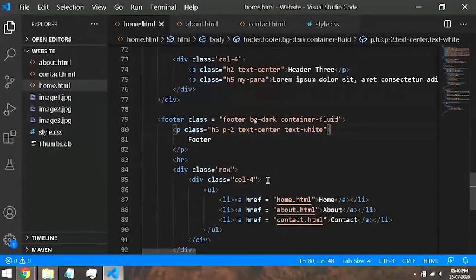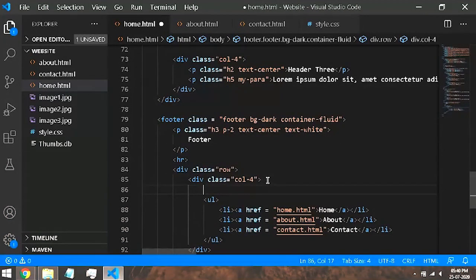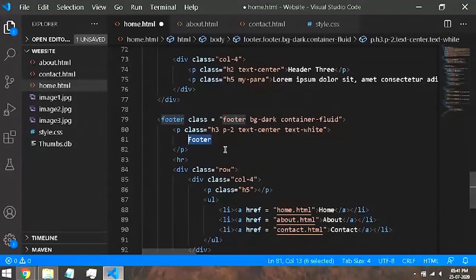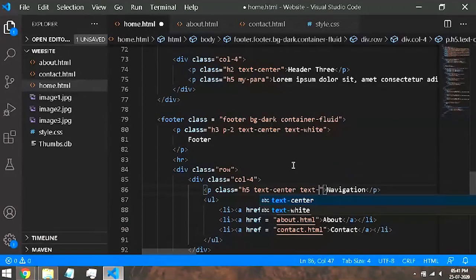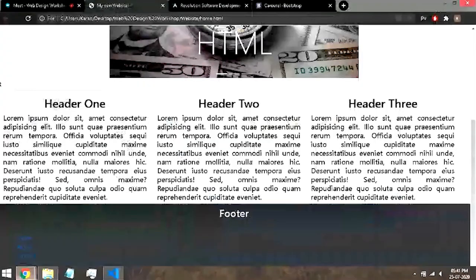So now I also want to add headers to my unordered lists. So I'll add again a p of, let's say, since this was h3, I want this to be smaller, so h5. Like if you have multiple headers and there is one big header, like a main header and multiple subheaders, always prefer to have the main header as the bigger one and subheaders as the smaller one. So in this, I'll say navigation, because these are the navigation links. I'll just hit save. Again, we need to text center this and text white also. It will be centered and white in color.